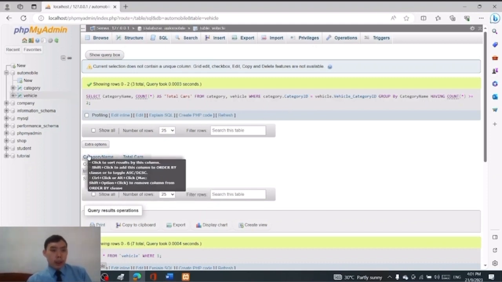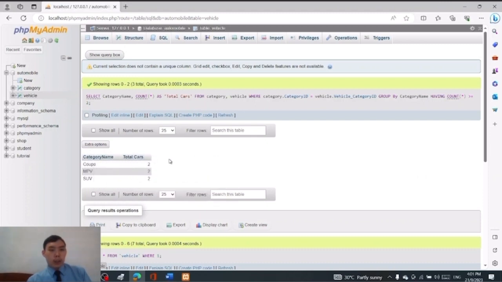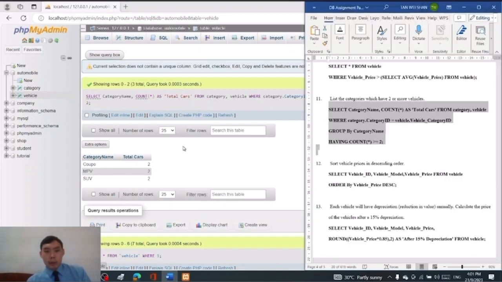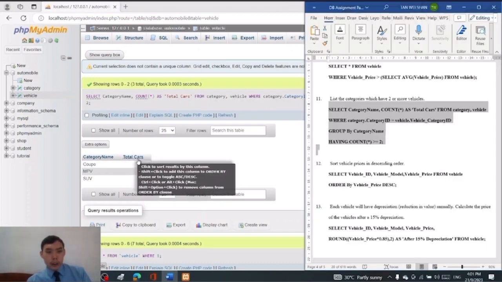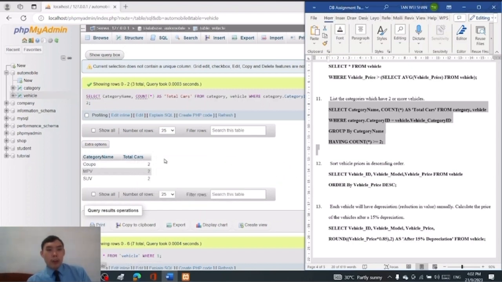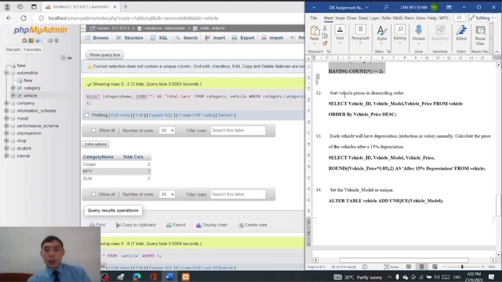So it will display the categories name and the total car for each categories. So the next one, which the total car is more or equals to 2. So we go to the next one, we need to show vehicles price in